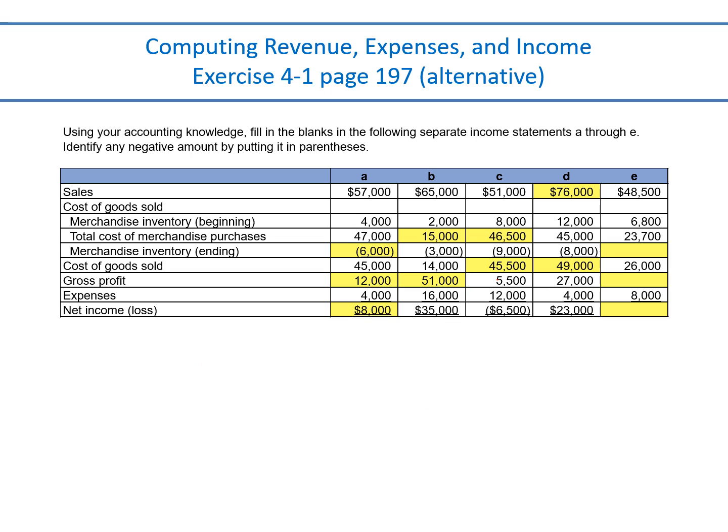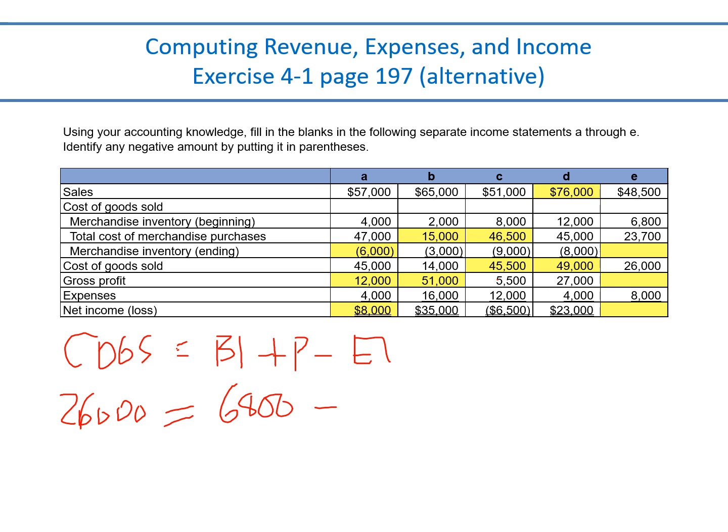And then in letter E, finally, we have our cost of goods sold formula again here. Cost of goods sold equals beginning inventory plus purchases less ending inventory. So we've got, well, they tell us cost of goods sold, so 26,000 equals beginning inventory of 6,800 plus purchases of 23,700 minus